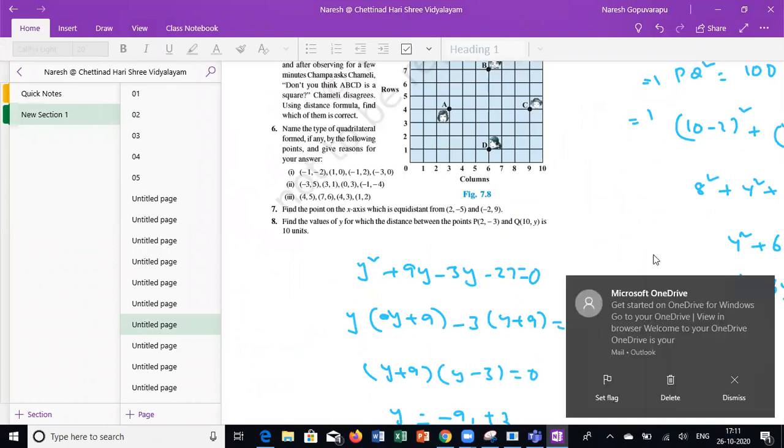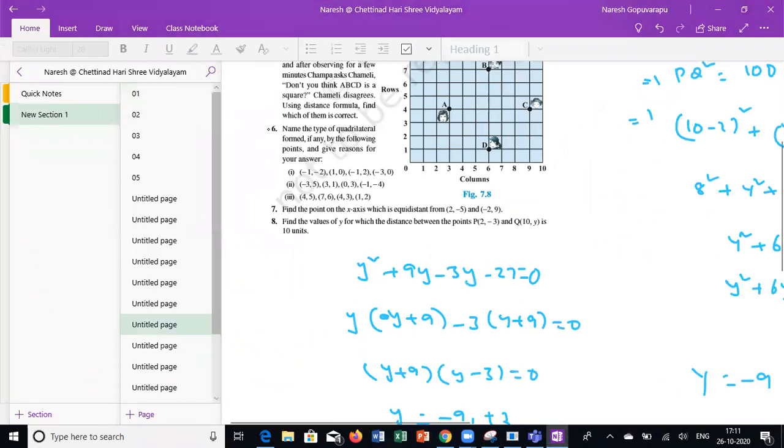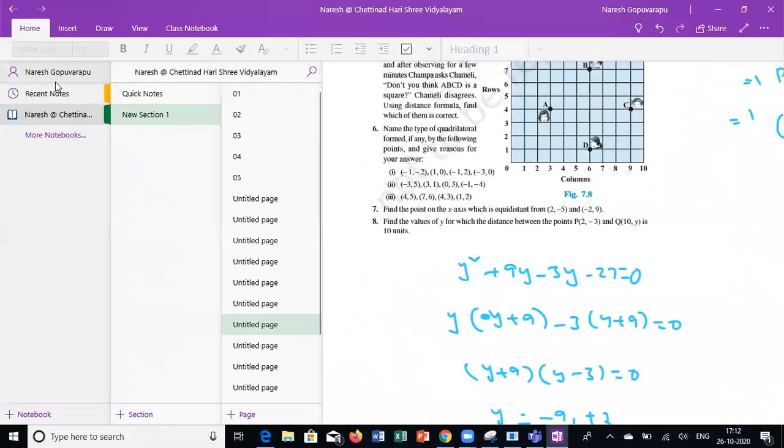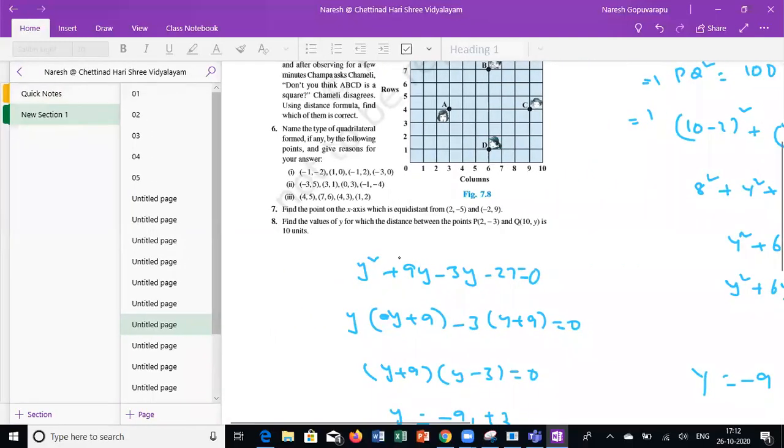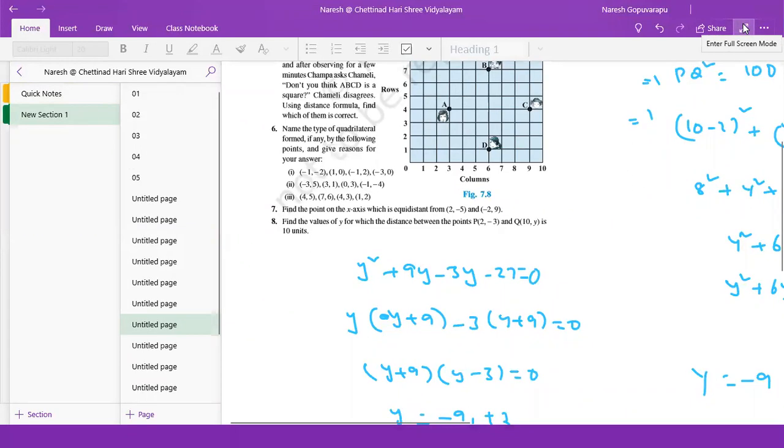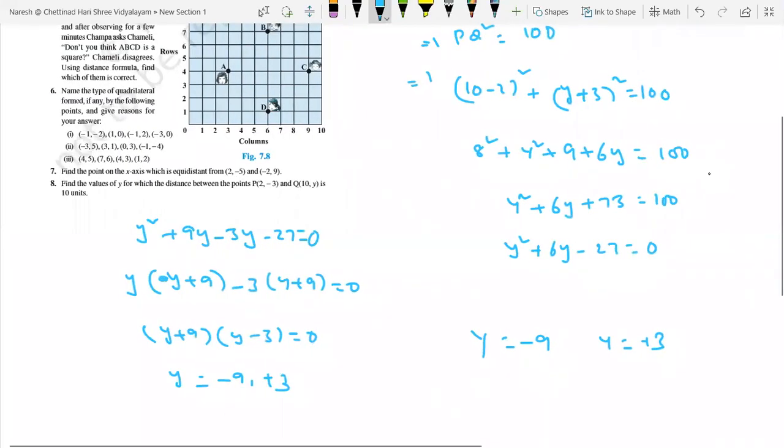In the next class, we will discuss the paper after completion of coordinate geometry. I have a plan, and based on that we will proceed. We'll try to complete the coordinate geometry concept in the next class. Only two concepts remain: the area of the triangle using coordinate geometry, and the ratio section formula. The area of the triangle is not in the syllabus, even though we will discuss the formula and do one or two numericals and end this topic.